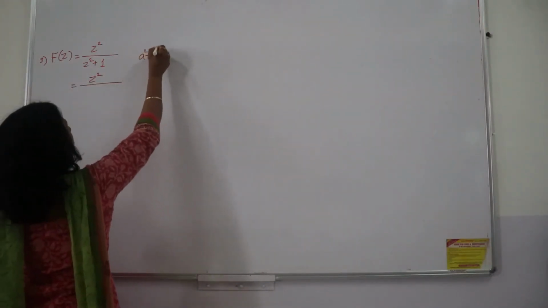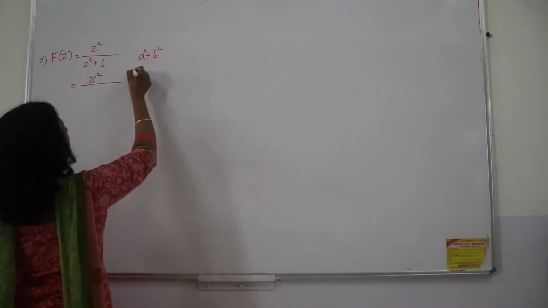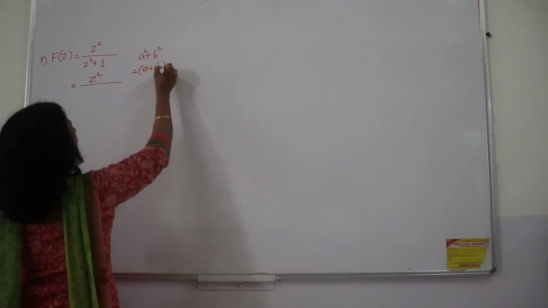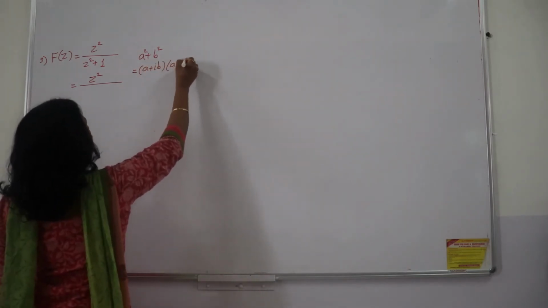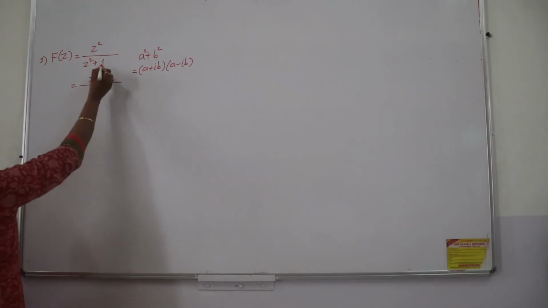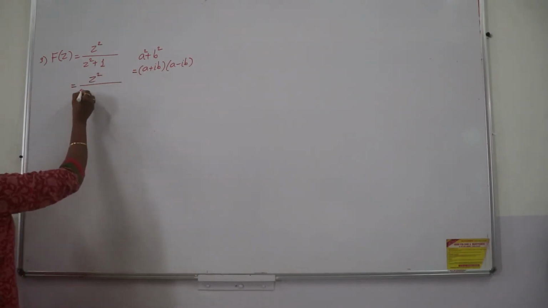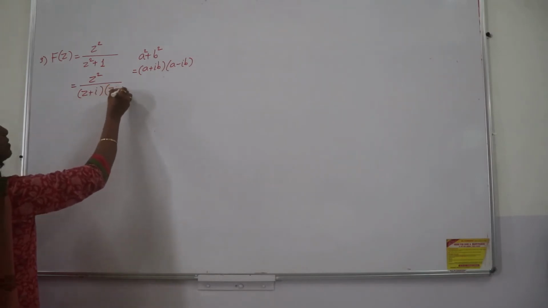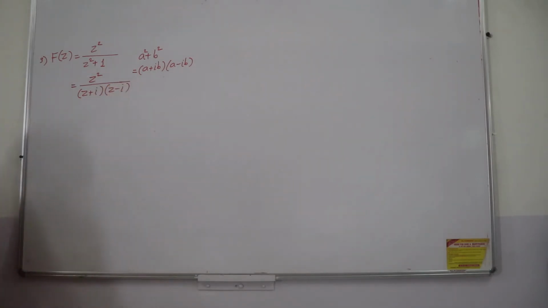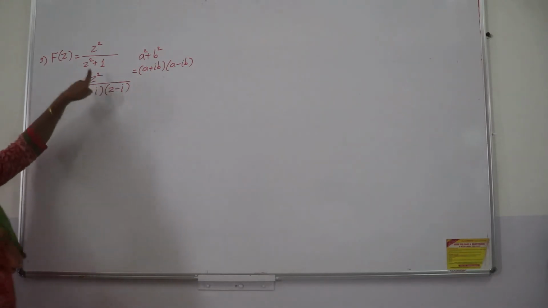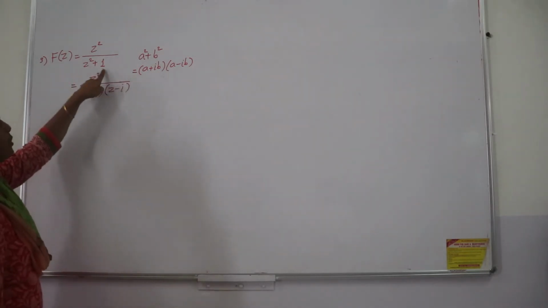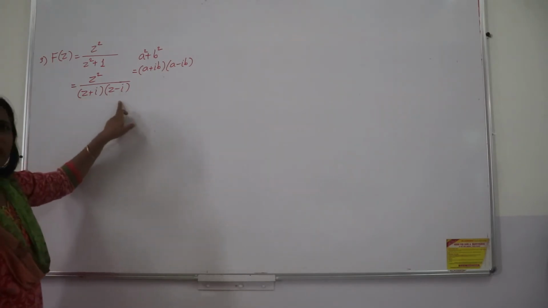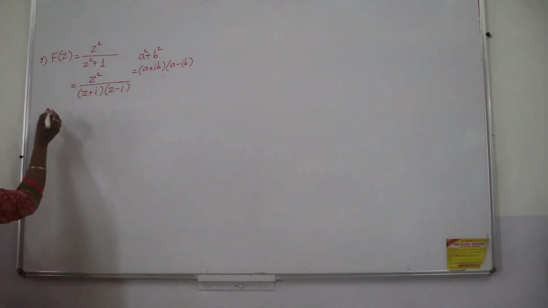What is the formula? We know the formula for a plus b, a minus b, a square minus b square. But this formula is a plus ib, a minus ib. So if I apply this formula, b is nothing but 1. This will give me z plus i and z minus i. These are the two factors which I have got here. So a is z and b is nothing but 1, so 1i, z plus 1i, z minus 1i. But we don't write 1, so I have written z plus i, z minus i.